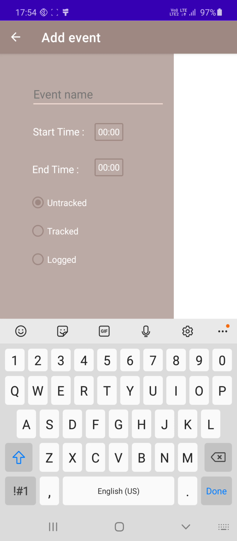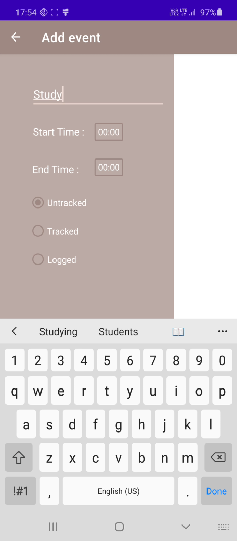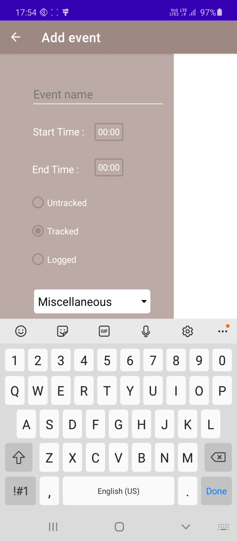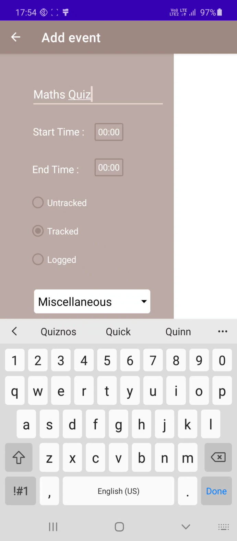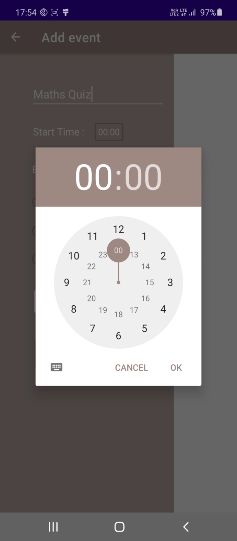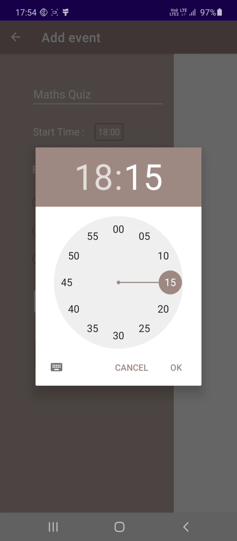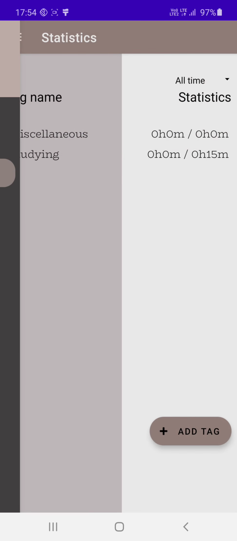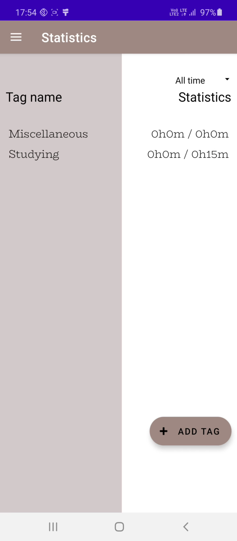I'll add another type of event. I'll name it study session of type tracked, or I'll make a maths quiz, let's say. I'll make it tracked of type studying. I'll make it from 18 to 18:15 and I'll add it. So it is added. Now you can see in the statistics screen 15 minutes of total time has been added